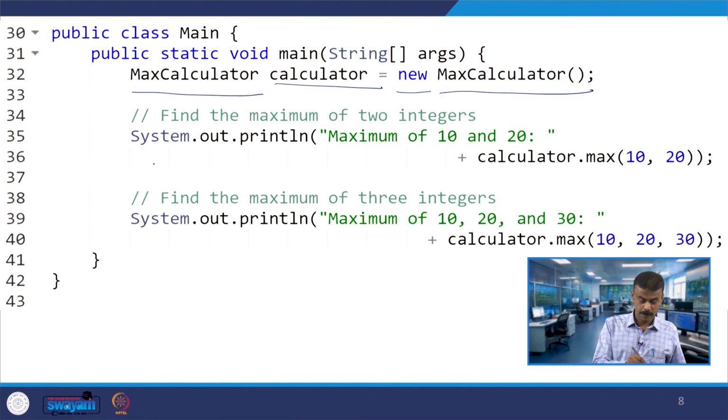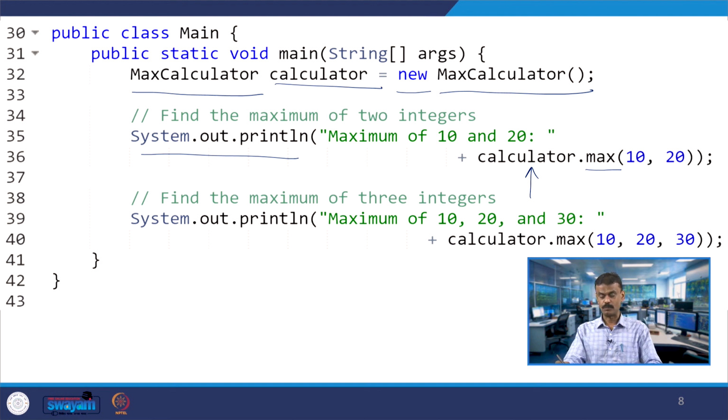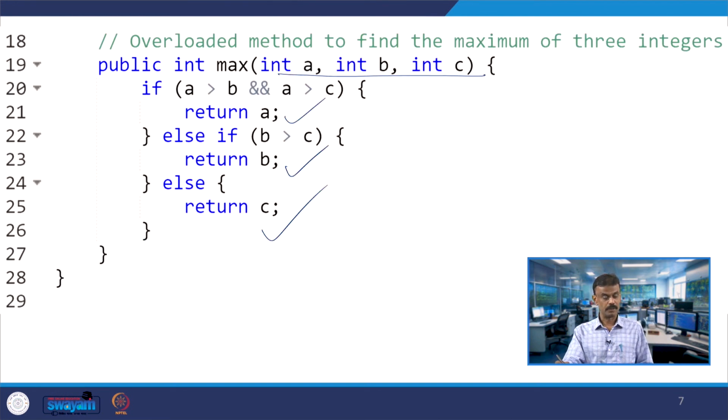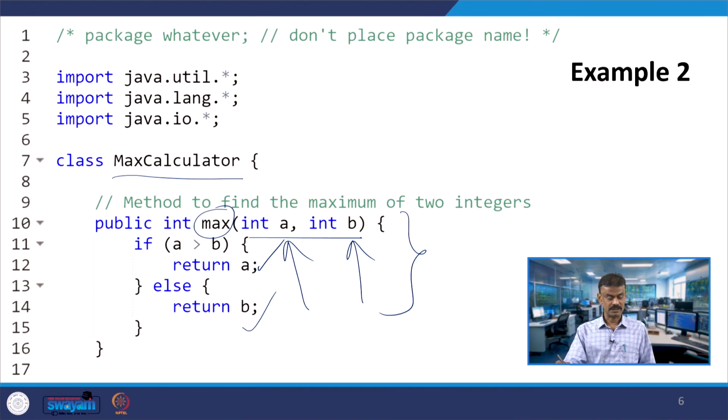Now here you are printing the maximum of 10 and 20. Calculator is the object, and this object is invoking max, and here you have two max methods.